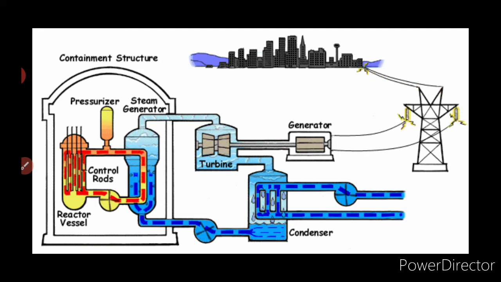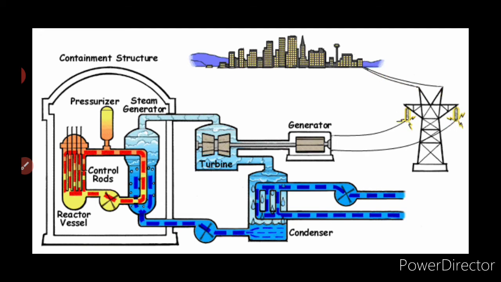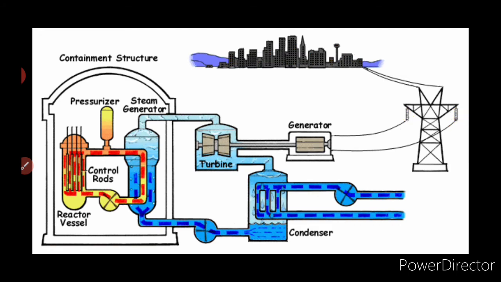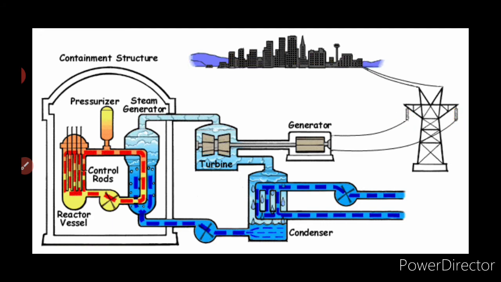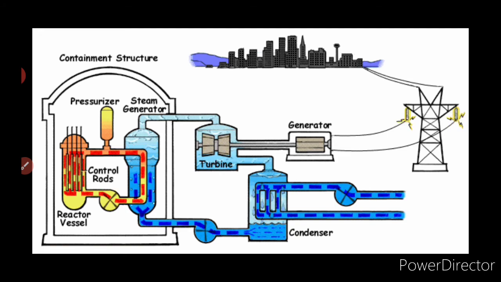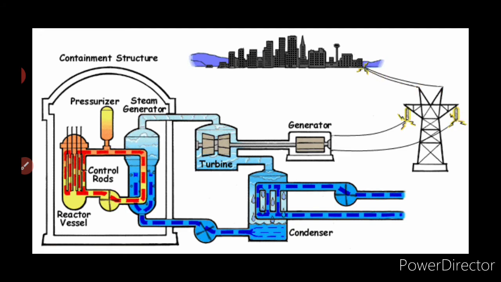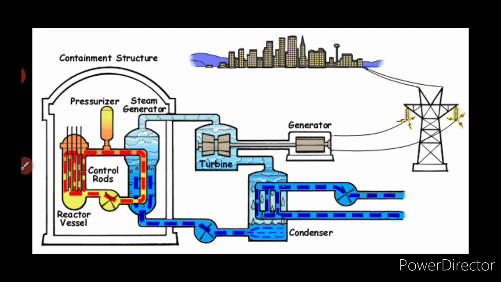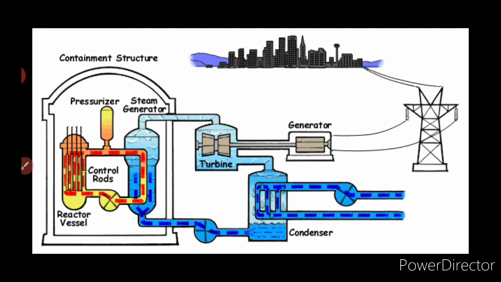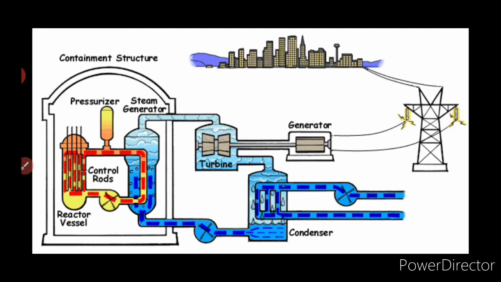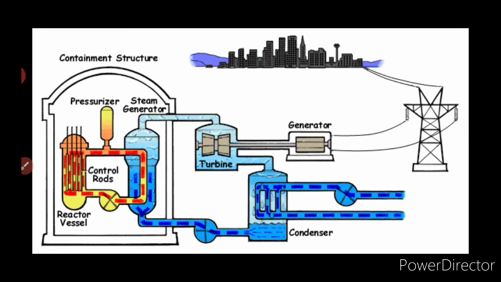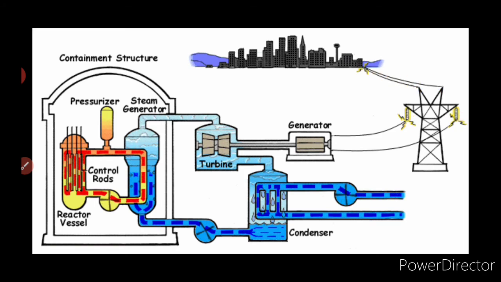Here we are going to see the components in the working of the nuclear reactor. There are nearly 5 important, most essential components. The first one is the fuel, right? Fuel is very, very essential. That is the heavy nuclei. For example, uranium is the fuel here, isn't it? That undergoes the fission reaction. Then the moderator, control rods, coolant, and the protection wall, right? So these are the components of the nuclear reactor.